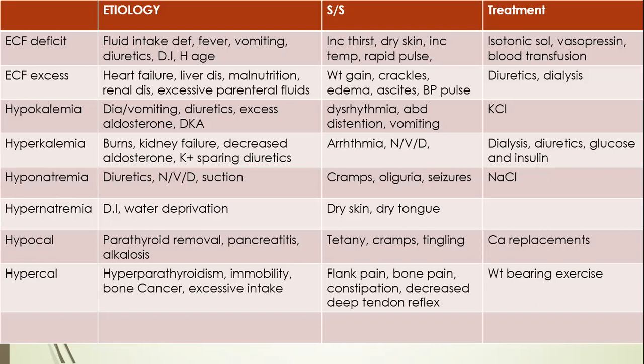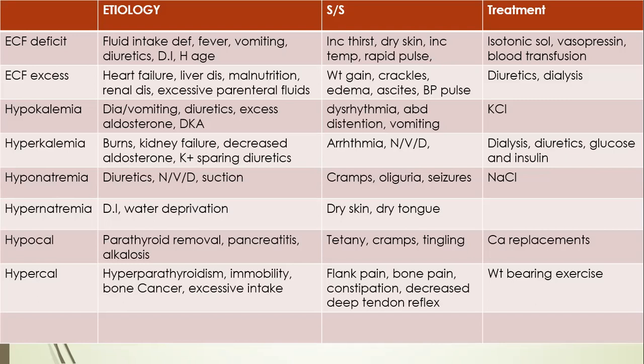Symptomatic hyponatremia is the condition whereby the serum sodium level will be less than 120 milliequivalent per liter, that is millimoles per liter. So when your serum sodium level is less than 120, the patient will be showing symptomatic hyponatremia, which means in that condition the patient will be disoriented,